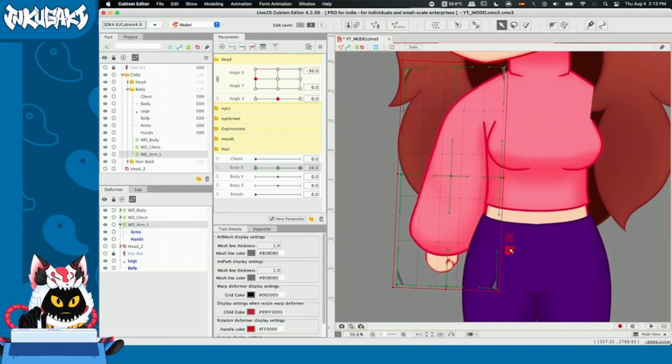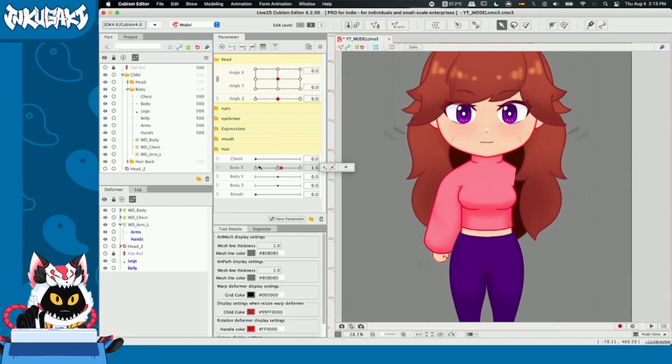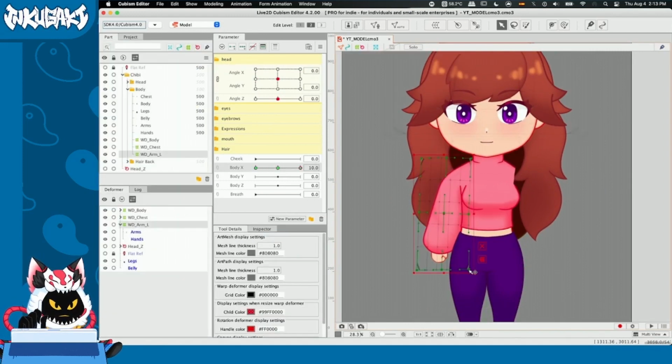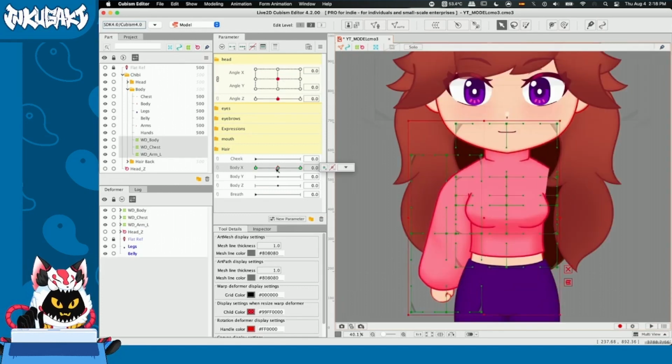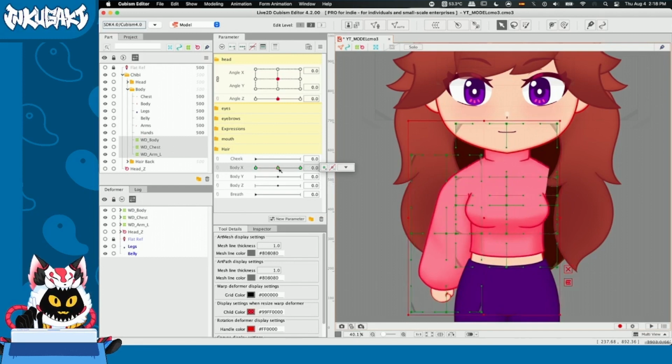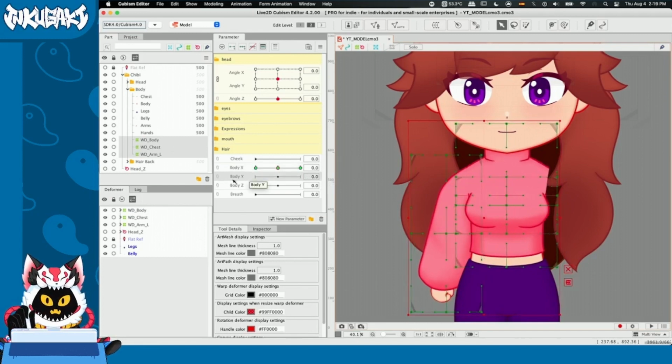I'm going to rotate it a little bit so I can give it a bit of a softer movement, okay? Alright guys, we finished our body X movements for now. This is pretty neat. Now we're going to go to the body Y movements, but there is something to take